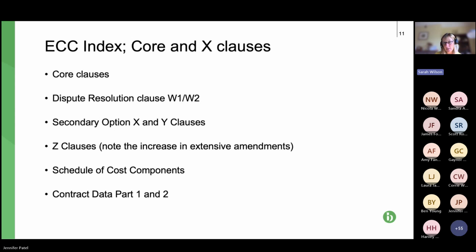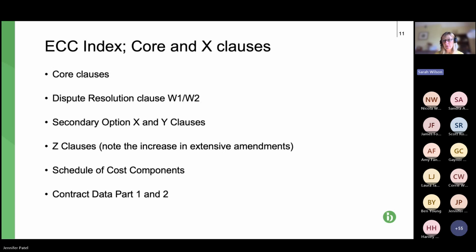And any extra time. So by comparison to JCT, it's changes and variations, extension of time and loss and expense. It's all three of those. And in addition, the schedule of cost components applies to the option E pricing mechanism, which is a cost reimbursable mechanism, which we will come to later on. And we also have, I think this is probably right at the end of the physical contract, the contract data